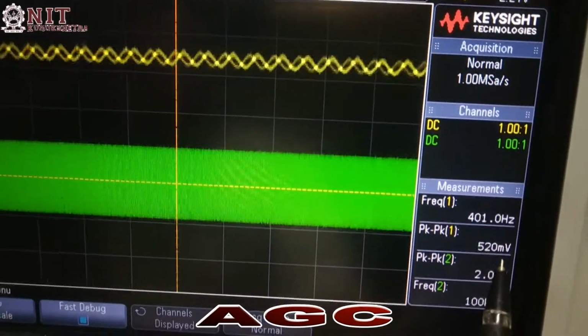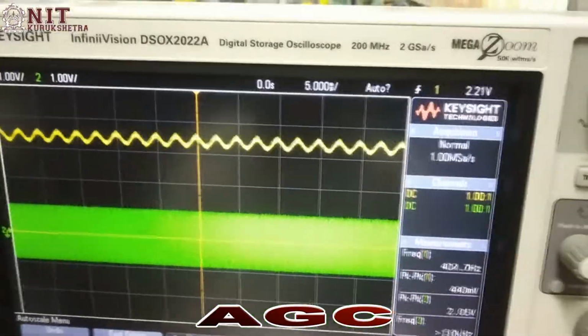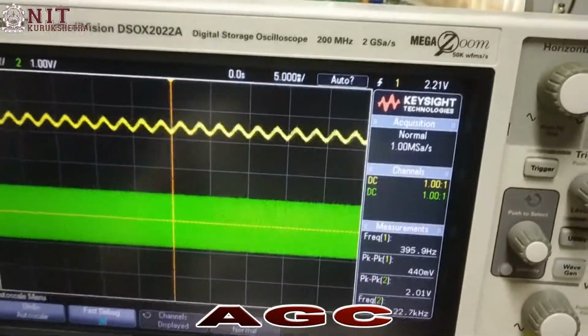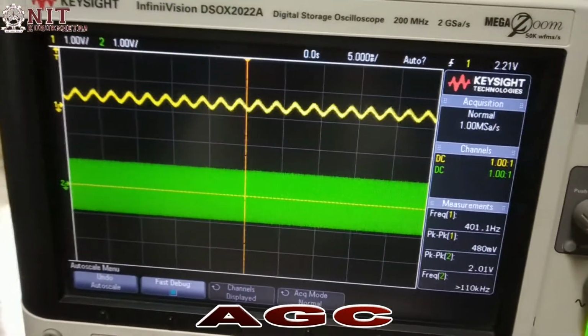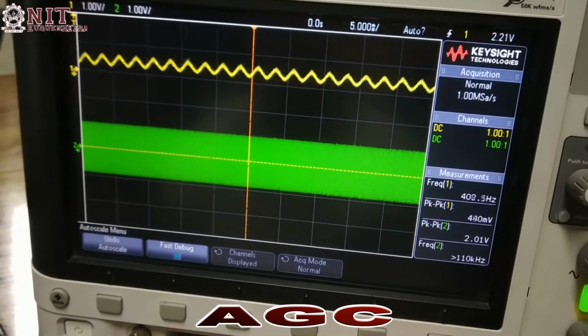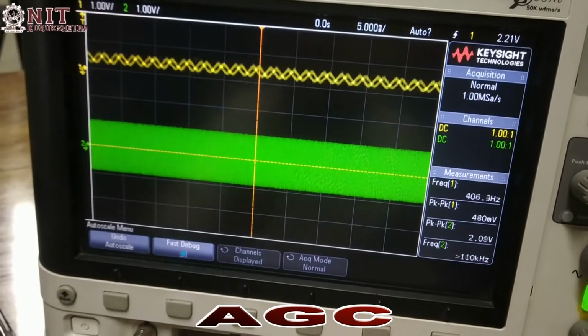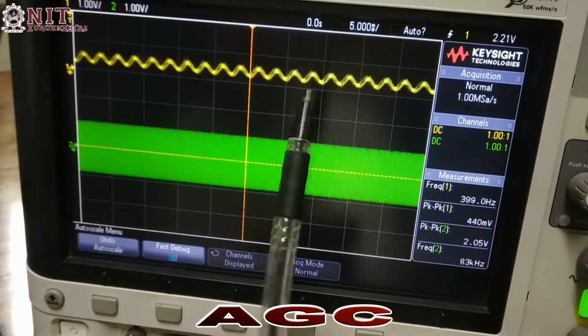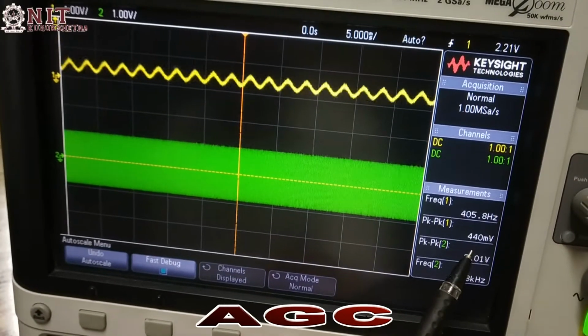On the reference point, I have applied all the signals and the final output is 400 Hz and near about 500 millivolt. So now I change the frequency 910, 920, 930, 940 onwards at upper level and the same at the lower level, 890, 880, 870, up to the level where I am getting my output of 400 millivolt.